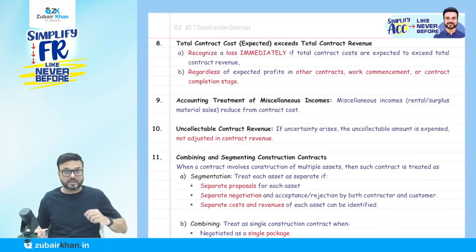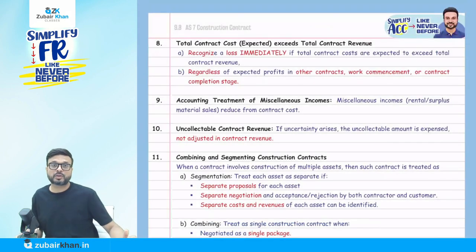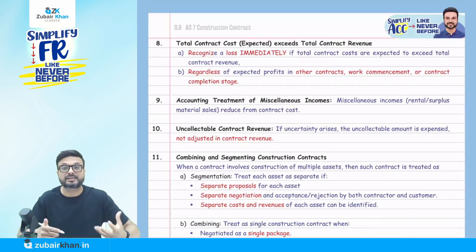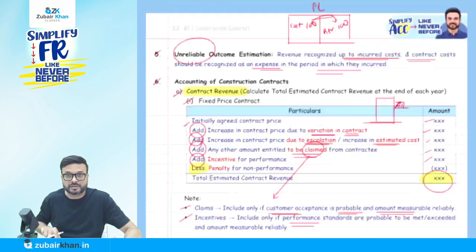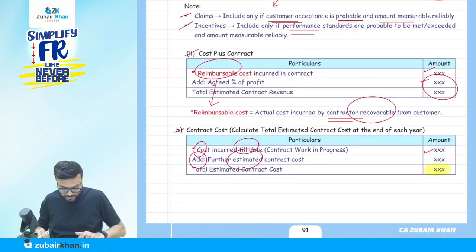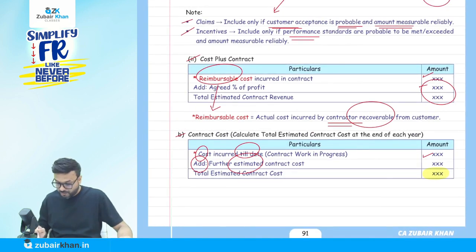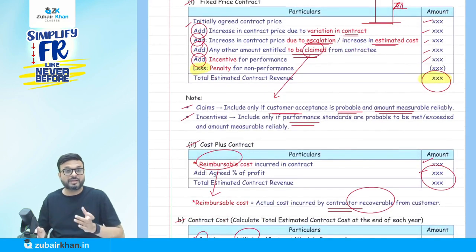Point number 8. What does it say? Total contract cost which is expected to exceed the total contract revenue. Do you remember that in point number B we calculate the total contract cost? So if my total contract cost is going to be more than total contract revenue, we have to recognize the